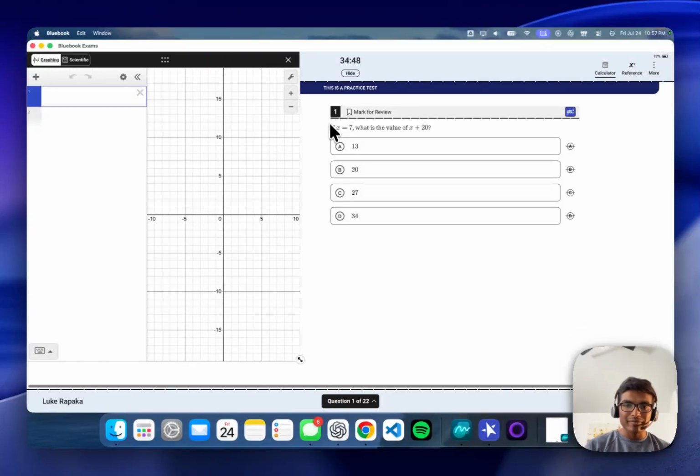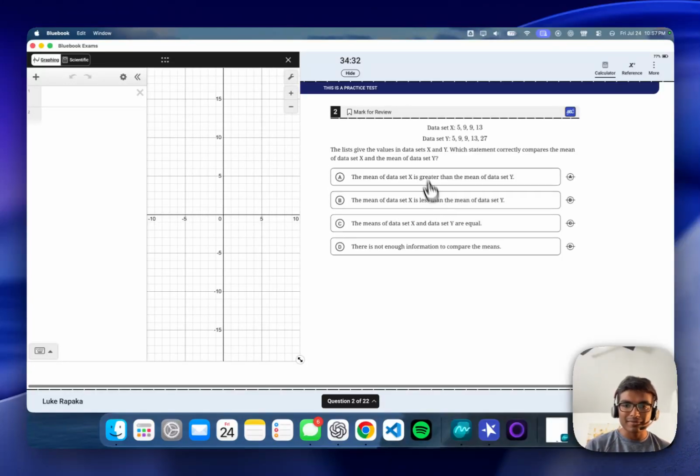All right. So if x equals 7, what is the value? Okay, so this is pretty easy, right? We just sub in the value 7 into x, and then we get 7 plus 20 is 27. Okay, I'm actually gonna go ahead and move this up there. Next,